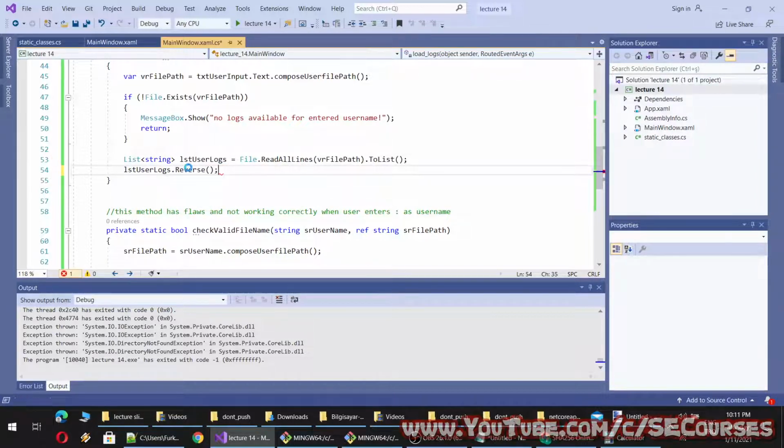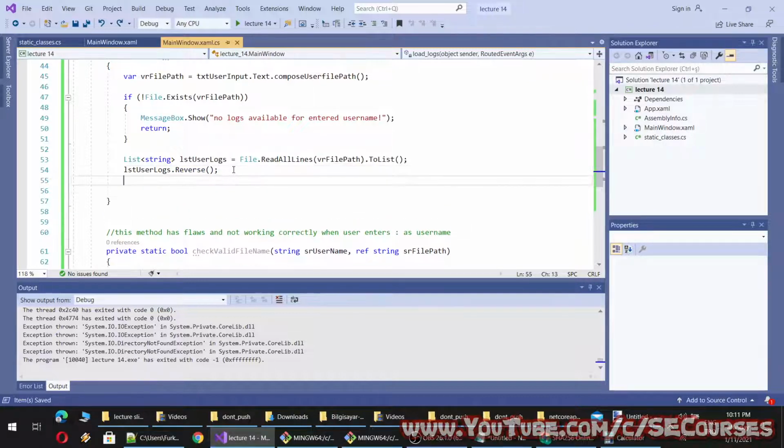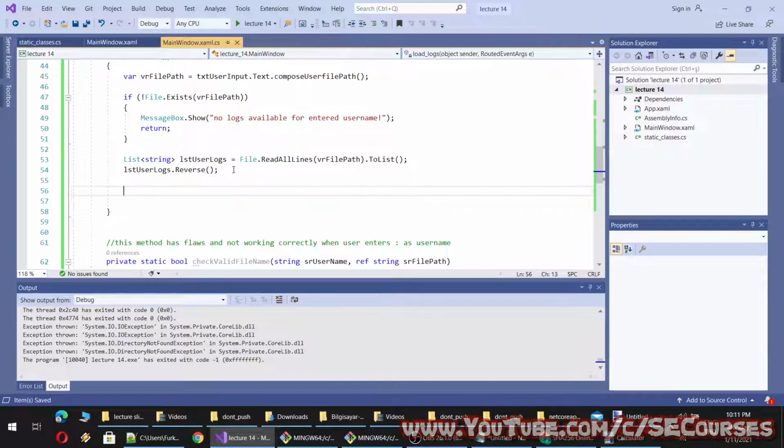Yes. Okay, this doesn't return anything because it reverses the order of the elements in the given list. And why do we reverse? Because we will display the latest user action in the first line of our list box.